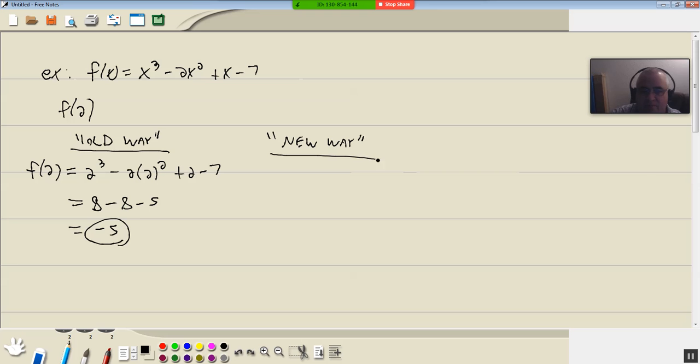This is the remainder theorem. It says if you're evaluating a polynomial function, what you can do is plug the value you're evaluating for into synthetic division. So we'll take the 2, that's the f of 2 right here, put 2 in a box. Now our largest power is x to the third. So we're going to have an x to the third, we'll have an x squared, we'll have an x, and we'll have a no x. So we've got 1, negative 2, 1, negative 7. If it goes through synthetic division,